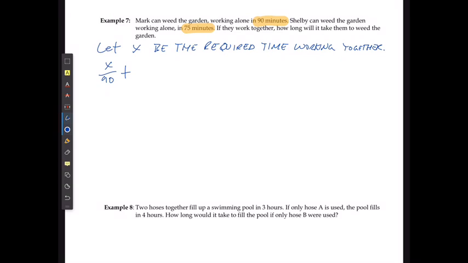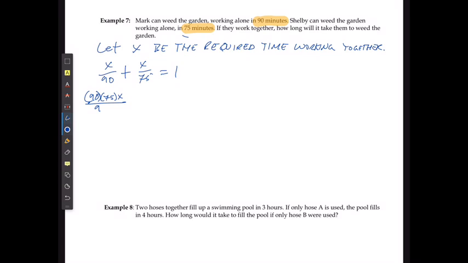Plus, if she takes 75 minutes by herself, X over 75 is equal to 1 because they're completing the one job together. The common denominator here is going to be 90 times 75, which means that I'm going to say that if I have 90 times 75 times X